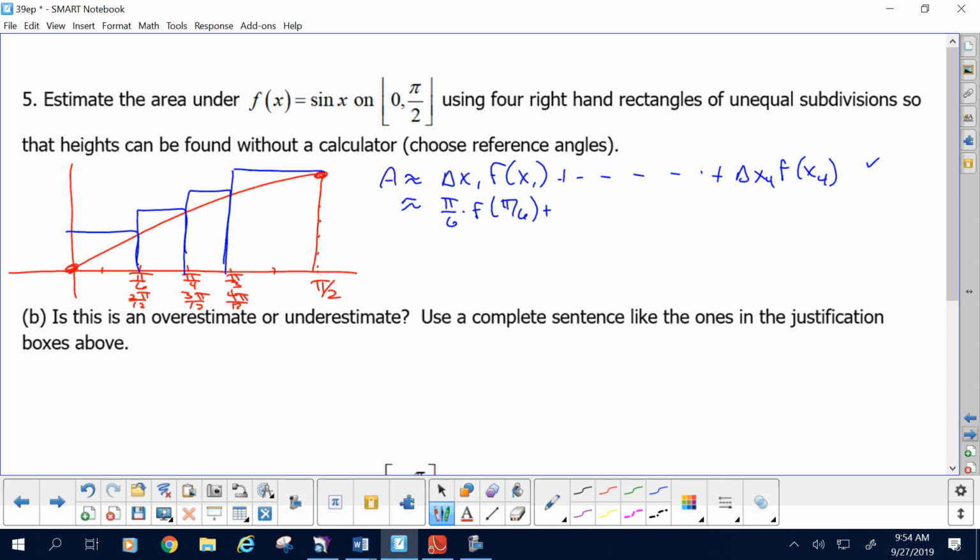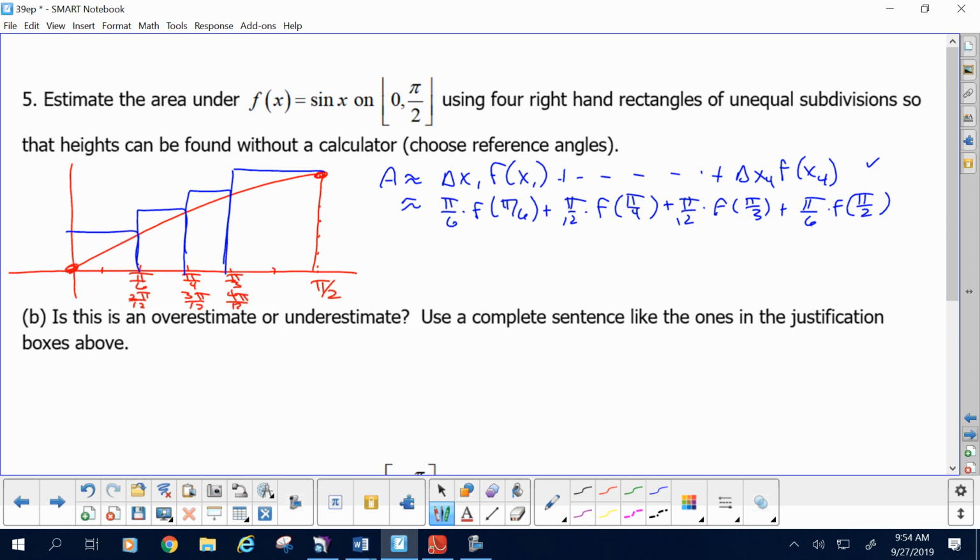It's from 2 pi over 12 to 3 pi over 12, that's a gap of pi over 12, and its height at pi over 4, yeah? And then your third delta x is from 3 pi over 12 to 4 pi over 12, so that's pi over 12, and f at pi over 3, gotcha, and the last delta? Pi over 6, or 2 pi over 12s if you like, and f at